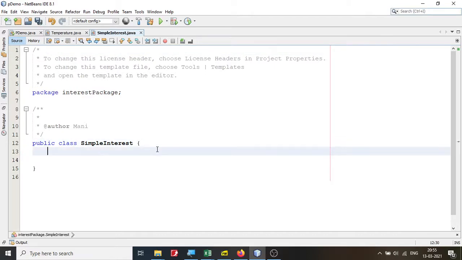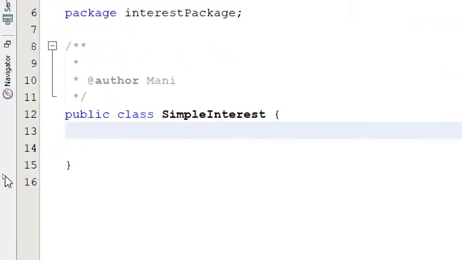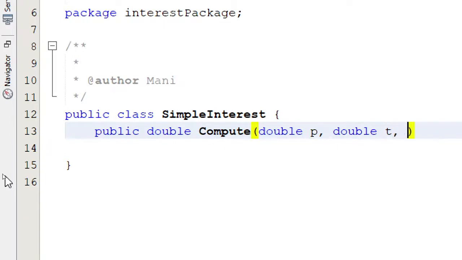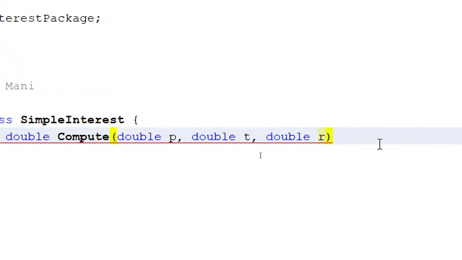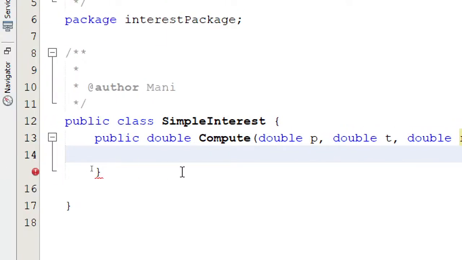And how do you calculate simple interest? So let me create a public double compute. To calculate simple interest, you need P, you need T, you need R. So you know how to calculate simple interest. So you have this P, T, R, and then what you are returning is